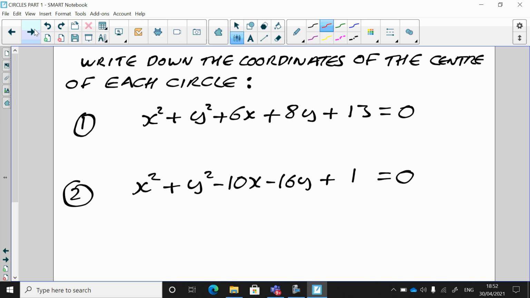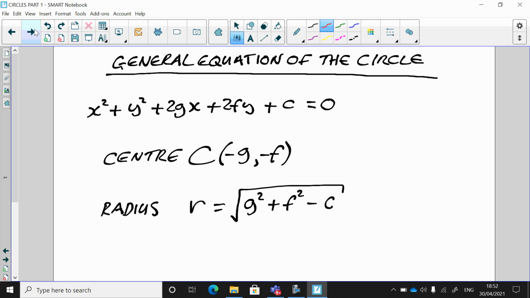Okay, so what we're going to do here is I'll get two examples and we're going to just go and get the coordinates for the centre of each of these circles. So we're just comparing it to this here. So it's the numbers in front of x and the numbers in front of y. So we're comparing them